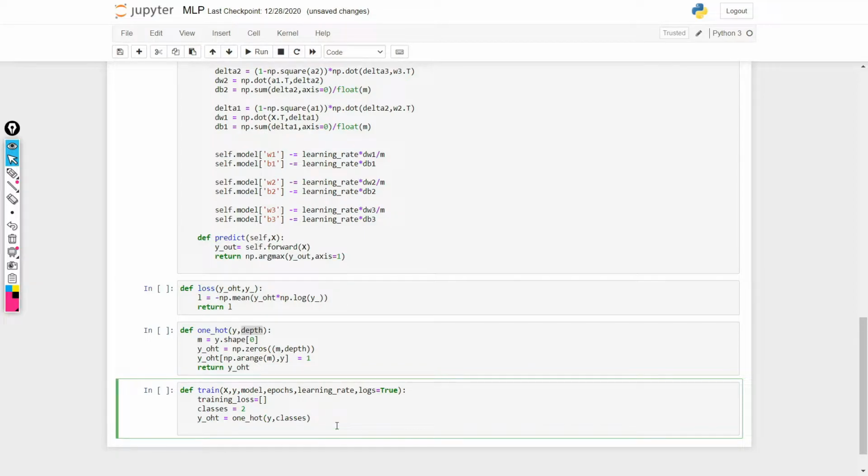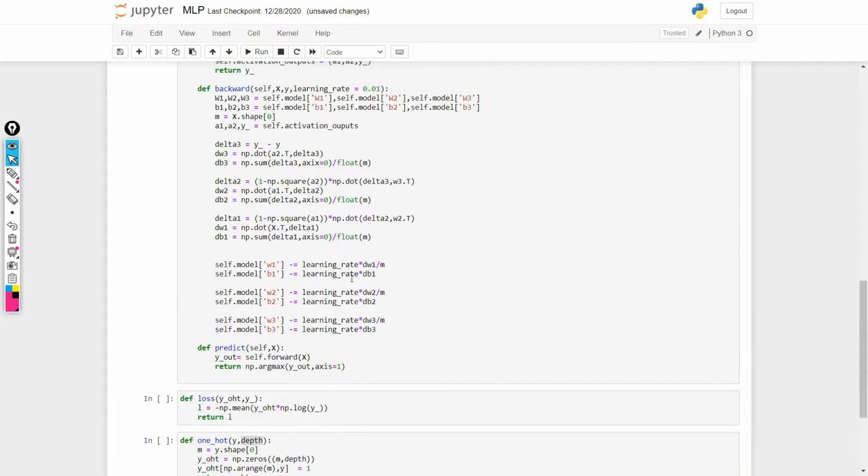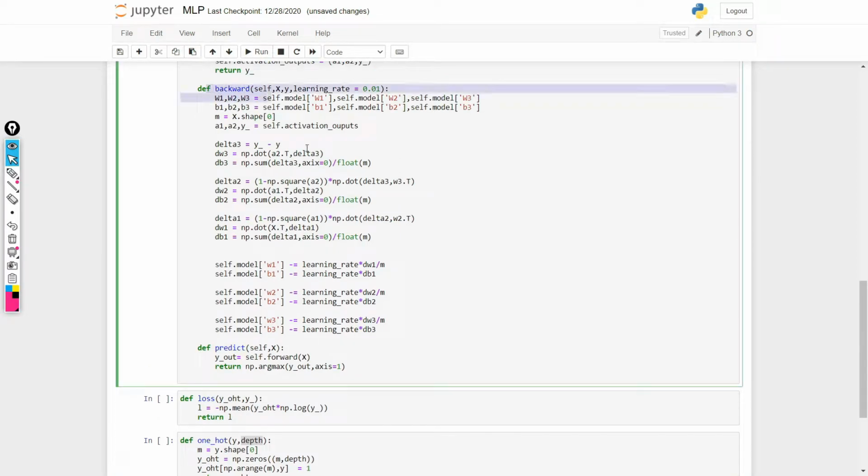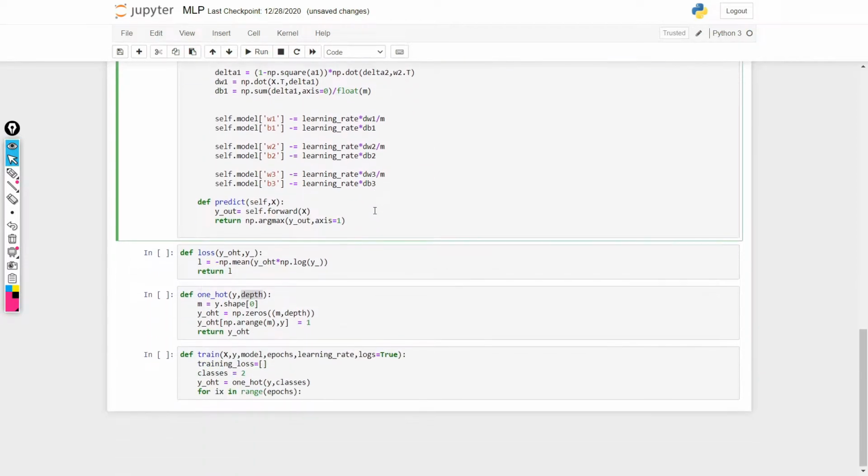Okay, now what we need is for ix in range epochs. So how many epochs we want to run this algorithm, or how many times you want to run this function, so that you have better values.